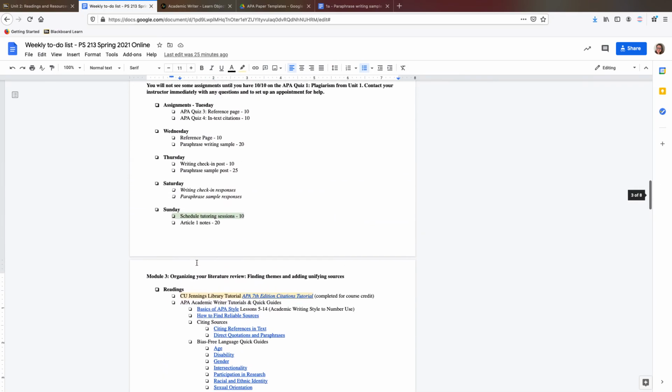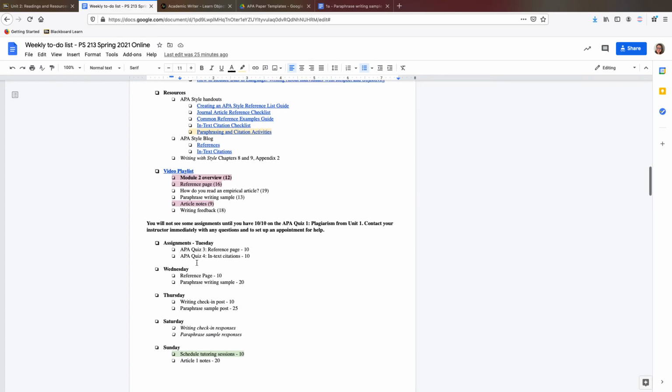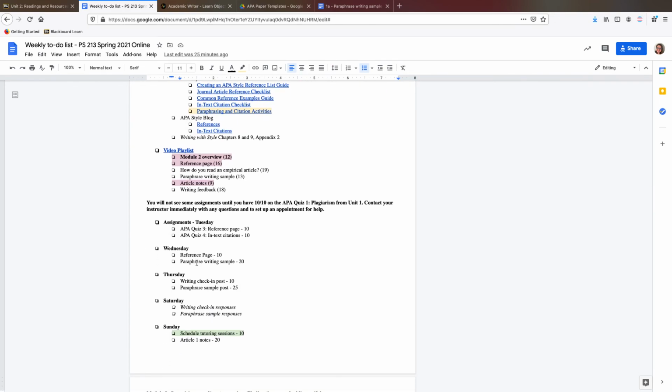So it may help, as you're doing your multiple reads of each article, to read Article 1 and then skim Article 2 and then go back to Article 1 and then skim Article 3 and go back to Article 2, so that you're not completely going one at a time, because it does take a lot of time and a couple efforts, especially at the beginning while you're building skills in how to read empirical articles.